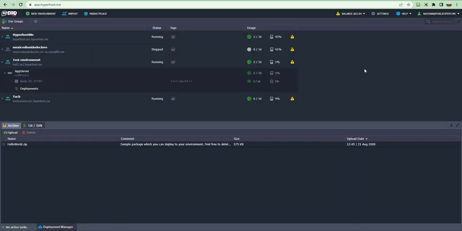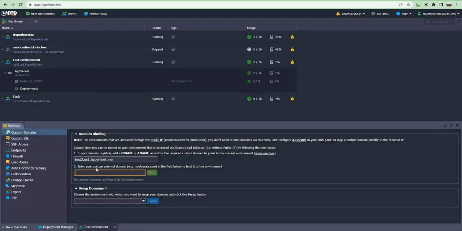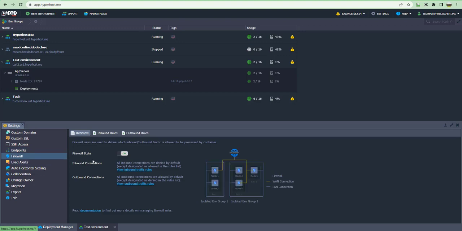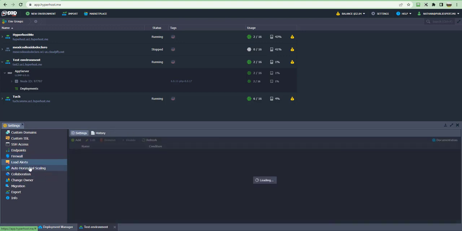So the first thing we need to see is that we have different options on each one of the servers. We can open in browser, and we can access the settings. In the settings, we can put the domain, we put it here. We have custom SSL, SSH access, right here, we set it up. There's information about how to connect and everything like that. Endpoints, firewall, which this one is active. Okay, we can put rules on it, load alerts,